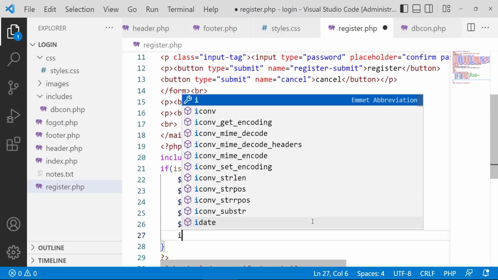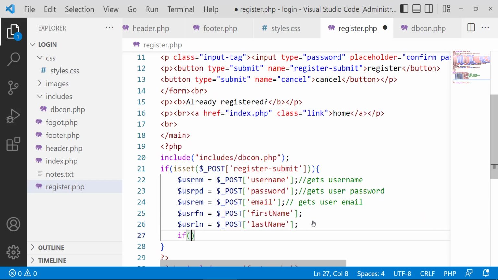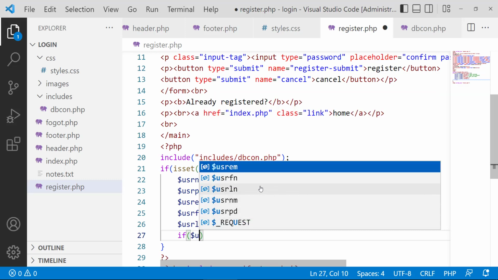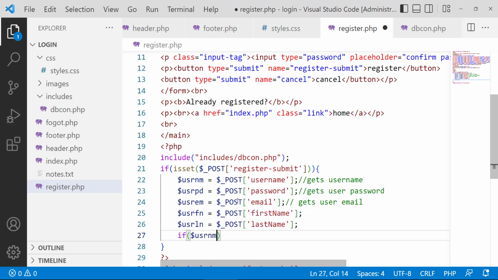So I can put an if statement within this if statement, whereby we are saying if our username is equal to nothing,